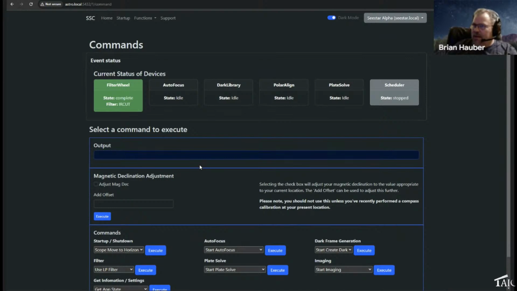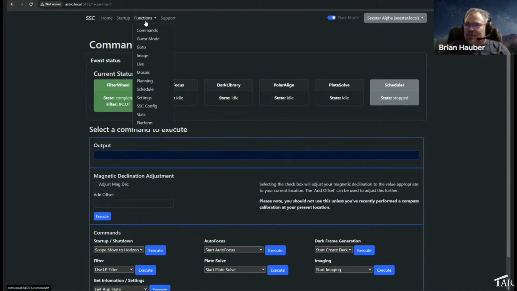But we're always looking to add more functionality. I know Kai has a lot of things that he's going to be working on, specific to spectroscopy and photometry and the S30. But I've been the guy getting a lot of the basic functionality up and going. So we're always open to suggestions for anything that you want.